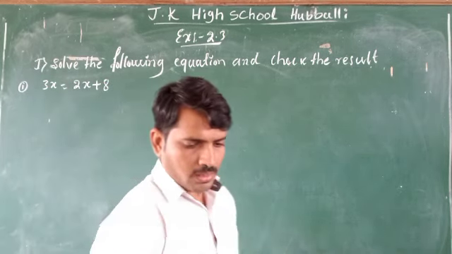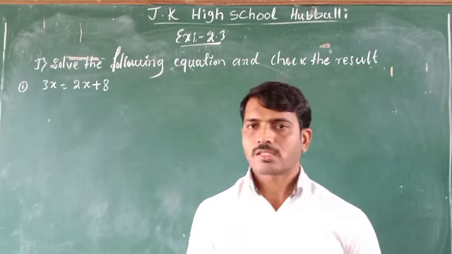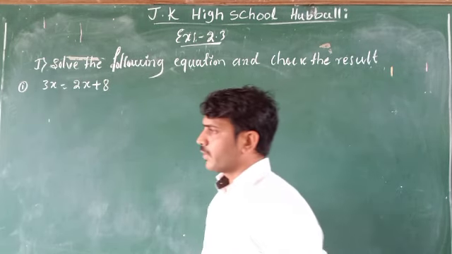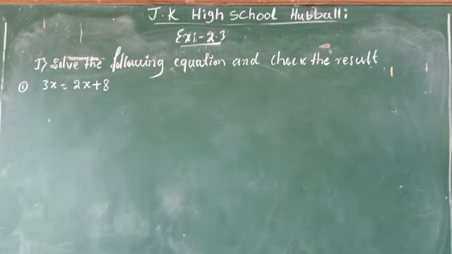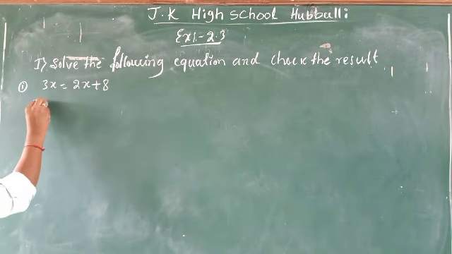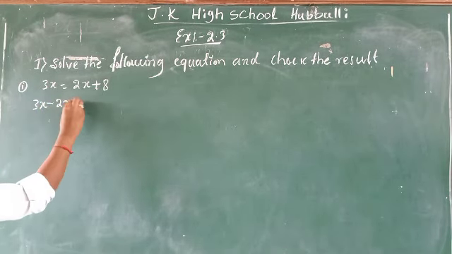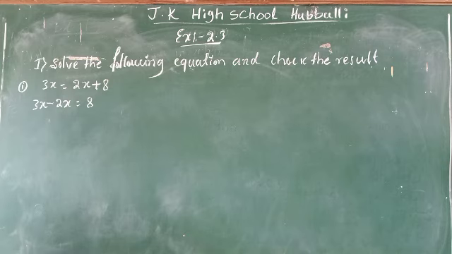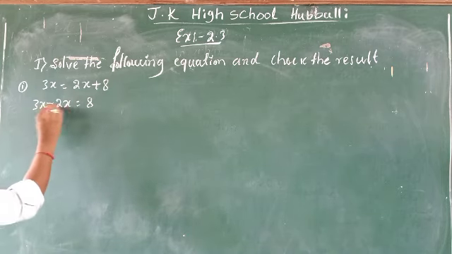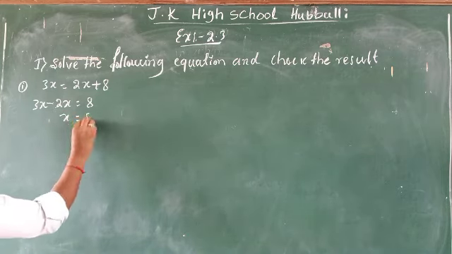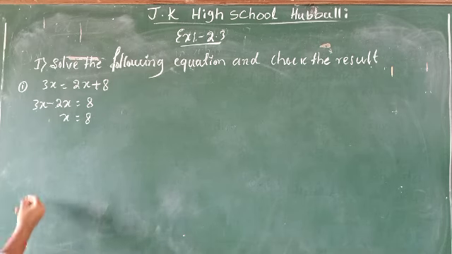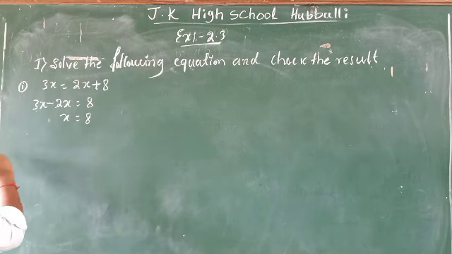So, already we have learned how to find out the x value. But here we should find the value of x. How will we find it? First, 3x, from this value it will become 2x, overall 18. Correct? Next term. 3x minus 2x is how much? x. x is equal to what? 18.